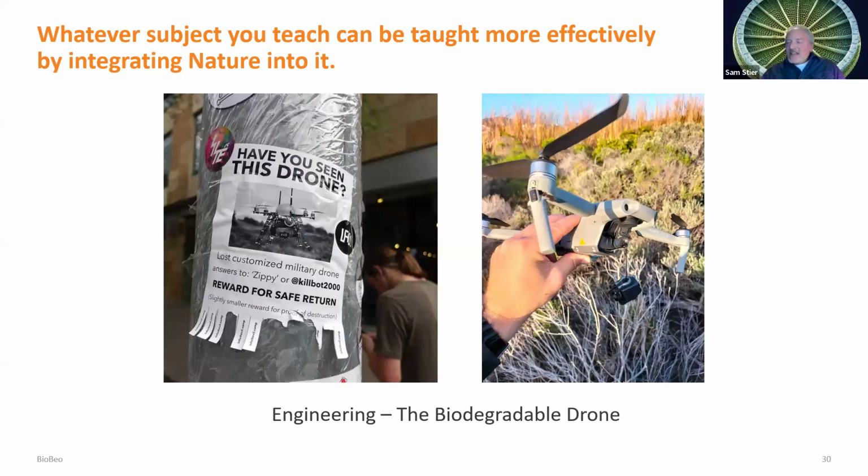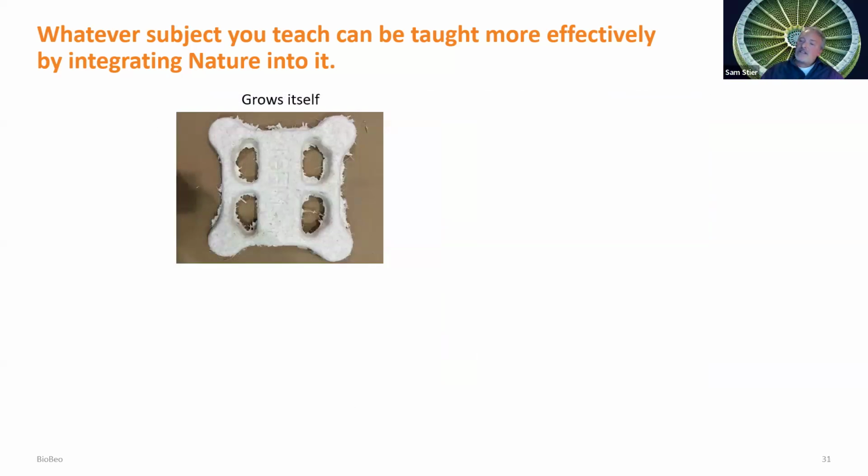One last example, and this relates very directly to bioeconomy. And this example has to do with creating drones. This was called the Biodegradable Drone Project. It was done by a bunch of students who were concerned that drones are increasingly used today, and they often run out of battery power, and they drop out of the sky, and they just become litter on the ground. And so what these students wondered is if they could create a drone that was biodegradable.